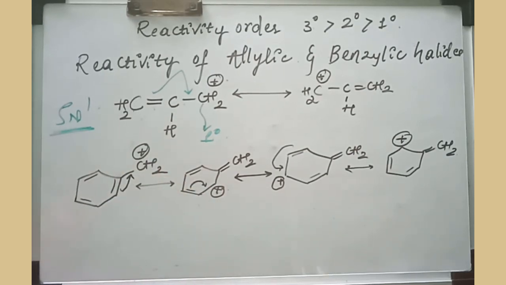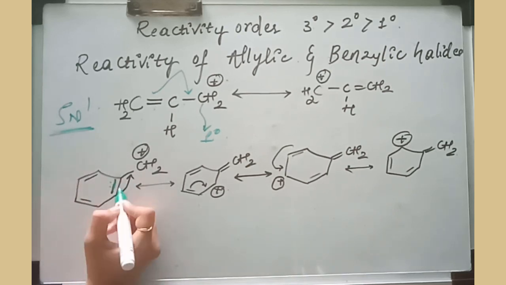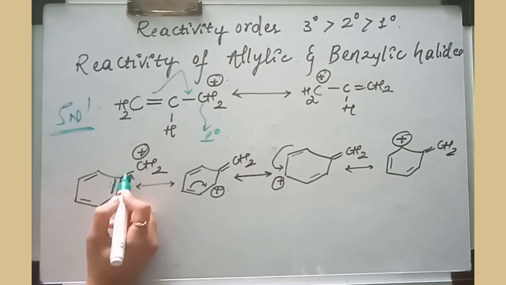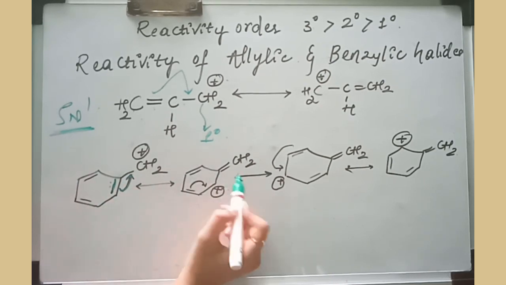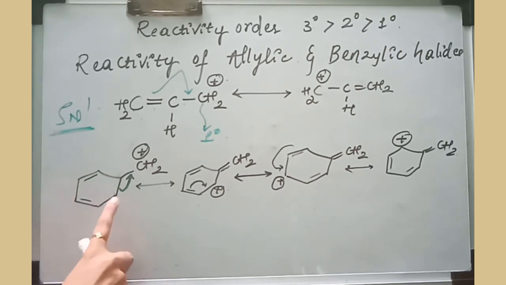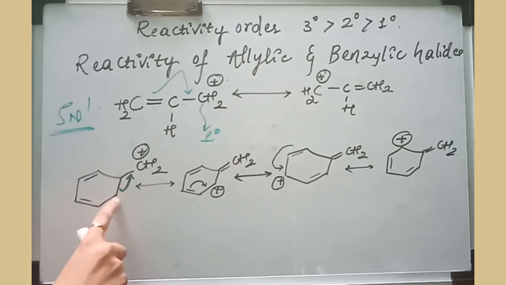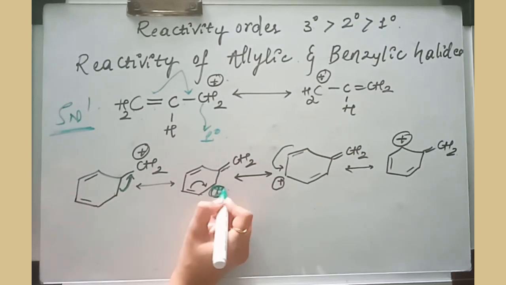How exactly the stabilization takes place here is, this one bond here is nothing but 2 electrons. These complete 2 electrons I am shifting here. As a result, there is a formation of a double bond here. When I shift this one, what happens? It has lost its electrons, and the valence of this carbon here is 1, 2, and the one hydrogen will be there, that will be 3. So it is less with the valency, so it will get a positive charge.